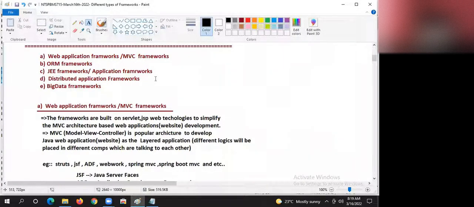Here we learn Spring REST. In fact, the Java EE framework is the collection of a web application framework, an ORM framework, and a distributed application framework. Anyhow, we are learning Spring, which means indirectly we are learning all the 4 things. Convinced, my dear?